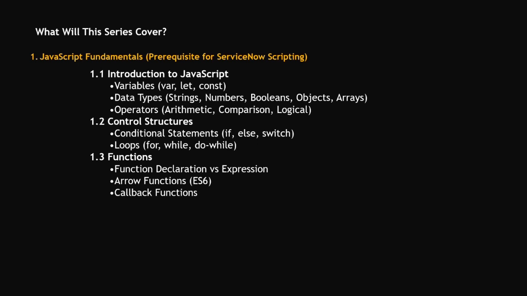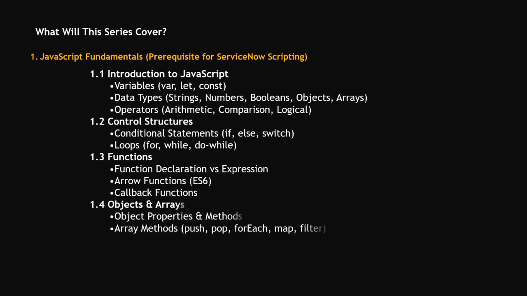Then functions: function declarations versus expressions, arrow functions, callback functions, all different kinds of functions. Then objects and arrays, object properties and methods, and array